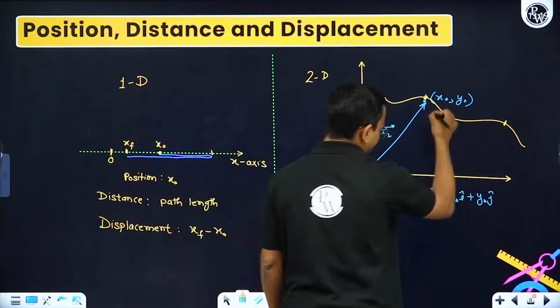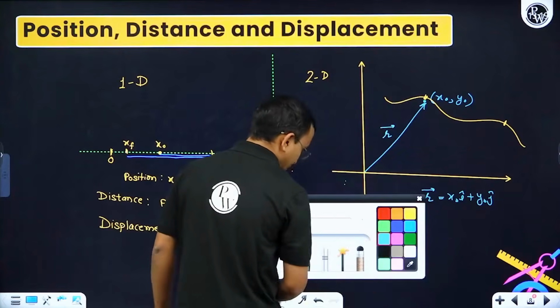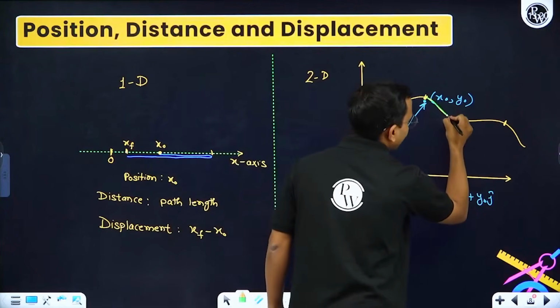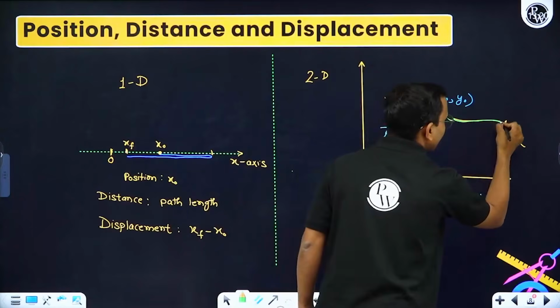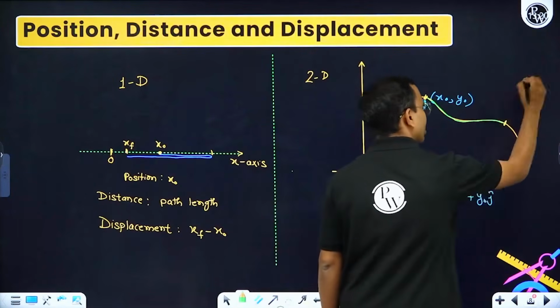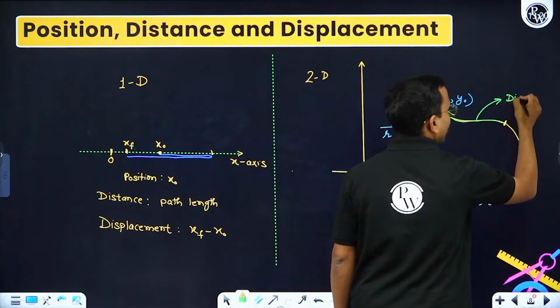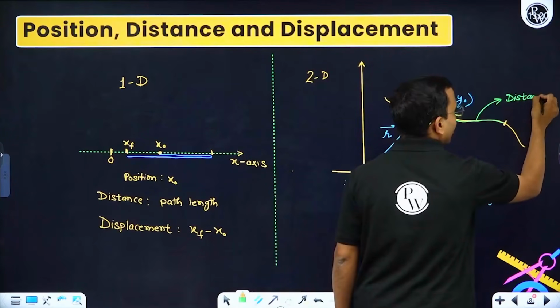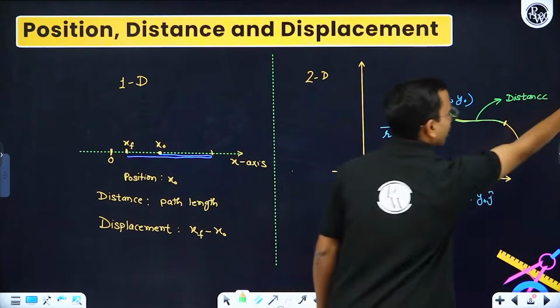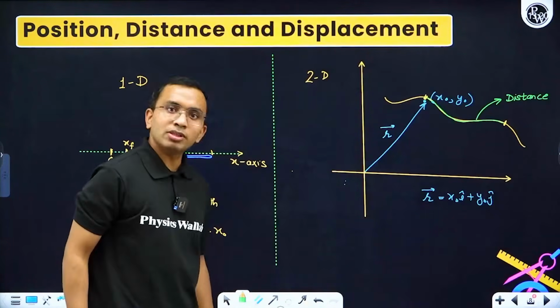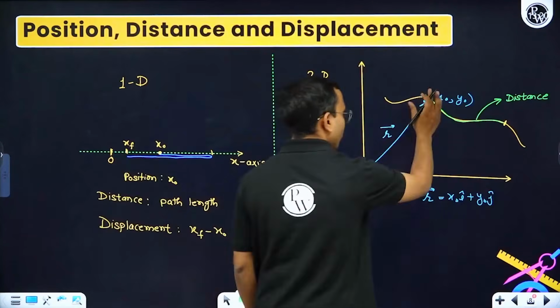So I need to find the total length, this total length. So this becomes my distance. Now if I ask you how much is the displacement,